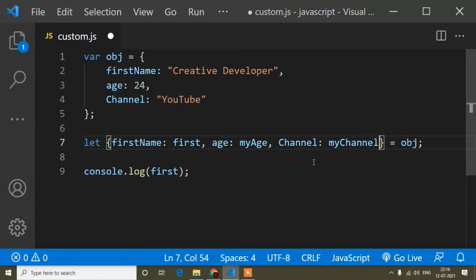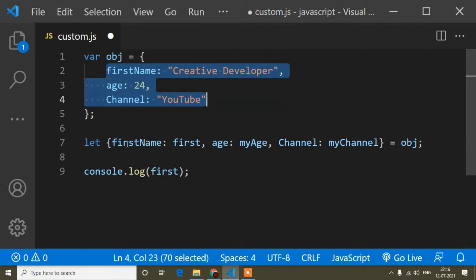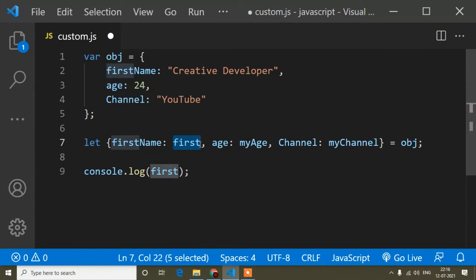Now for every property I have created a separate instance: first name, that instance is first; age, that instance is my age; channel, its instance is my channel. And where am I getting first name, age and channel from? From this object variable. Now whatever I need, I simply call the instance name.